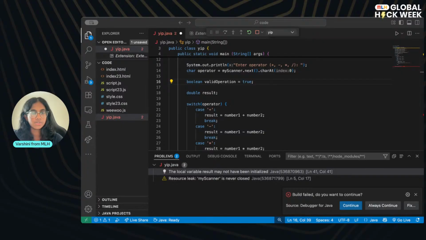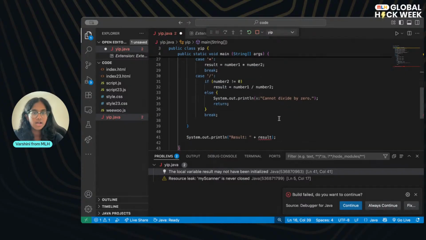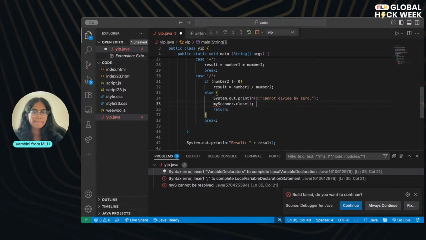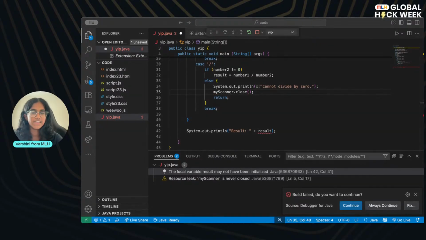So after that, we're going to keep our cases the same. Our cases are fine. And we should close the scanner in general. So we're going to close it specifically here if it's not true, right before the return statement, because once you do the return statement, it is closed completely. So let's do that. We're going to do myscanner.close before the return statement. It's just good practice to close the scanner. There's not really any rhyme or reason or negative thing that will happen if you don't close it, but it's always better.